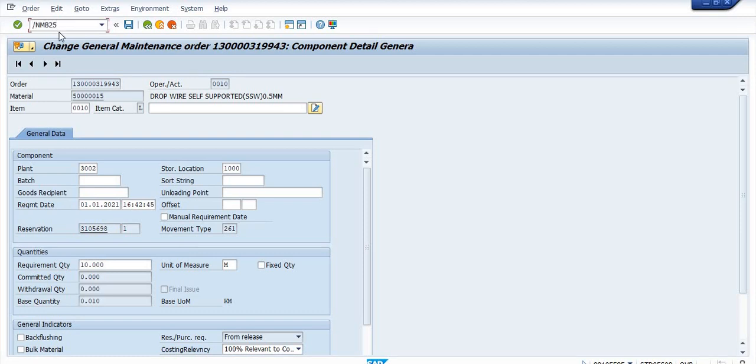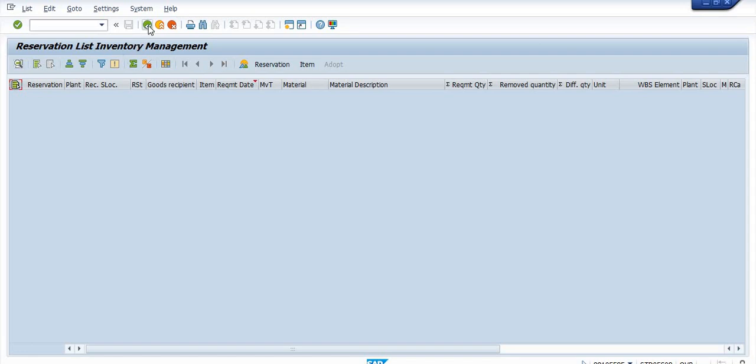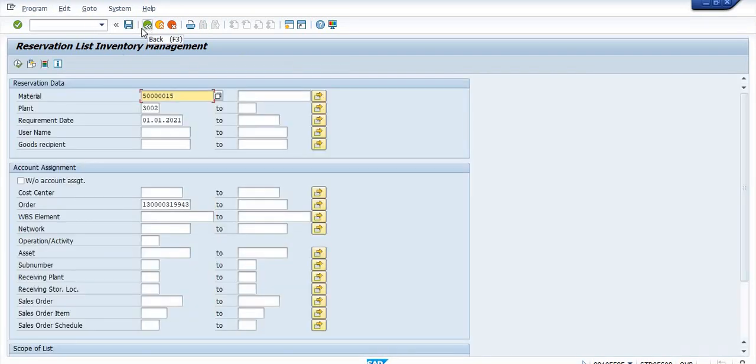In MB25, the requirement date is today's date, and the maintenance order is this. I'm just going to execute. Okay, no reservation is showing here.